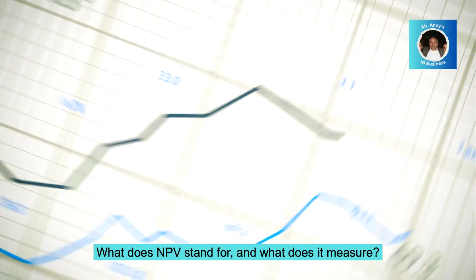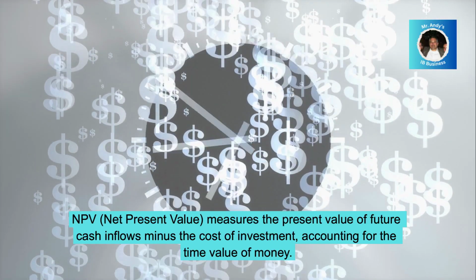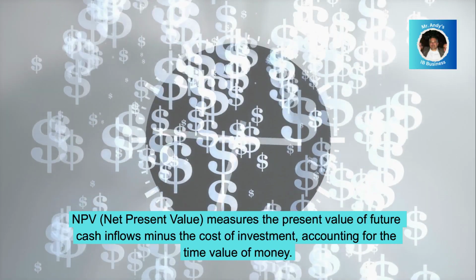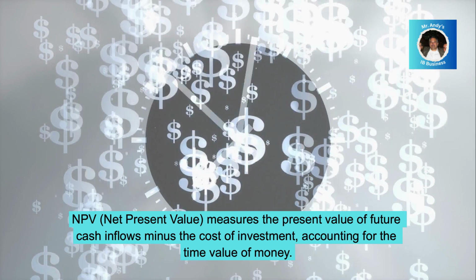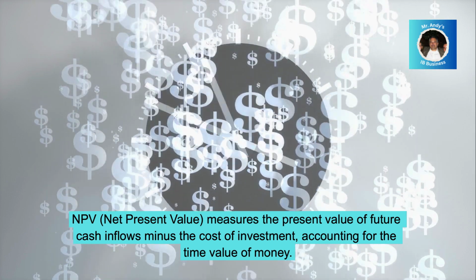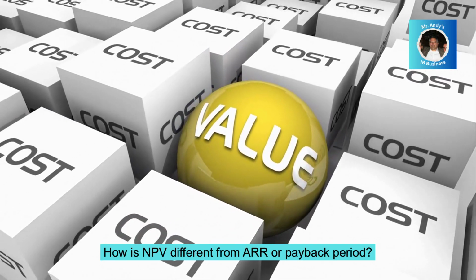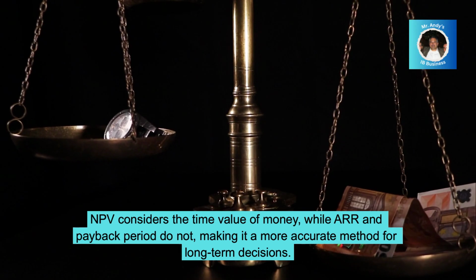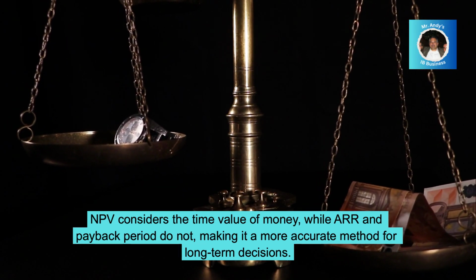What does NPV stand for, and what does it measure? NPV, net present value, measures the present value of future cash inflows minus the cost of investment, accounting for the time value of money. How is NPV different from ARR or payback period? NPV considers the time value of money, while ARR and payback period do not, making it a more accurate method